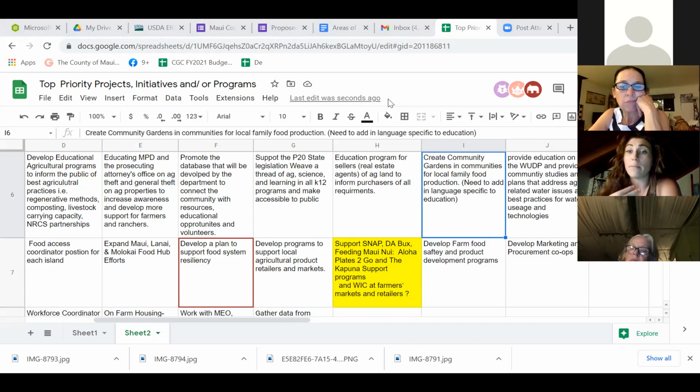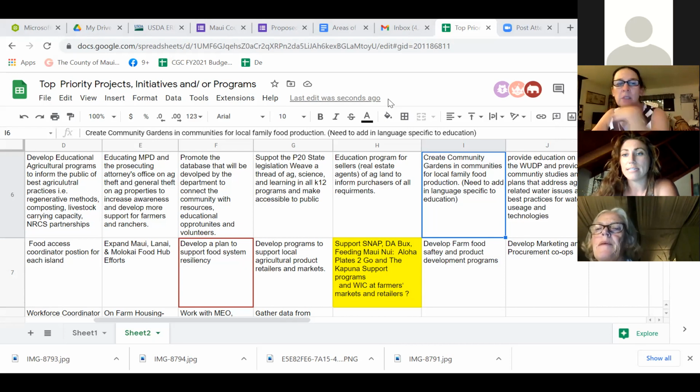Yeah, I think me personally, in the first 5 years, I wouldn't be worried about educating tourists on ag. I think we have a lot more other priorities to get on the table. So this is just what we're proposing, an action plan for the first 5 years. And I think there's so many other things that really need attention. I don't want to spend really any taxpayer money educating tourists. I think MBB or the Maui Tourism Board can use some of their funding to do that. But what do you guys think?